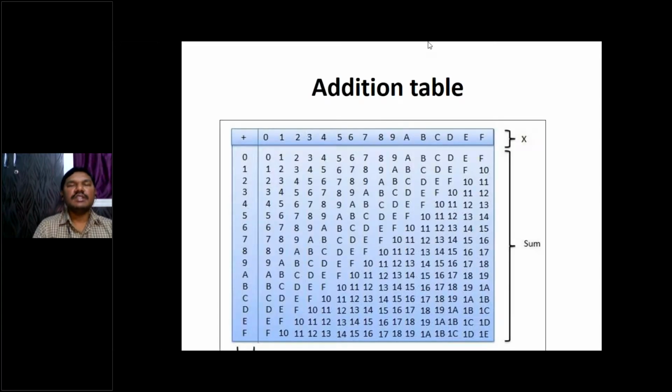Okay, here I want to show you some programs based on different addressing modes. First I want to show you addition of two values. See, this is the addition table. Everybody must remember this addition table, how to add two numbers. Suppose I am taking two variables x and y, and if I add 0 plus 0, it is 0, 0 plus 1 is 1, 1 plus 0 is 1, 1 plus 1 is 2,